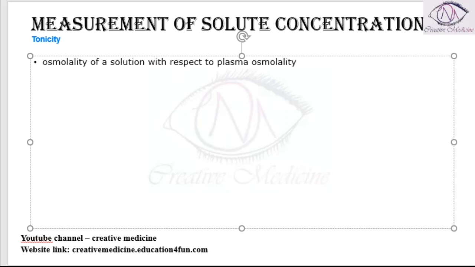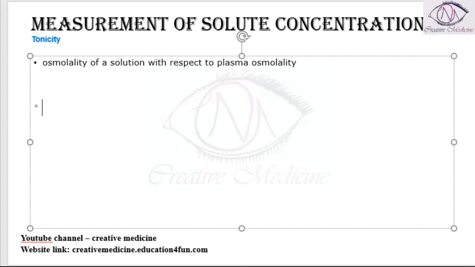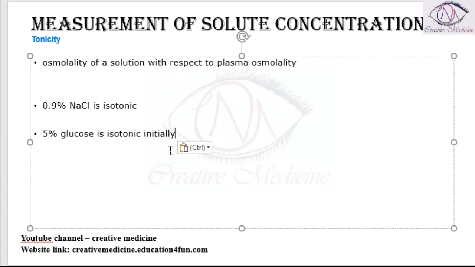So, if you compare the osmolarity of a solution with the plasma, then we have tonicity. So that means, for example, if you take 0.5 NaCl, it is isotonic, that is, it has the same osmolarity as that of plasma, whereas 5% glucose is initially isotonic, but whenever there is peripheral uptake of the